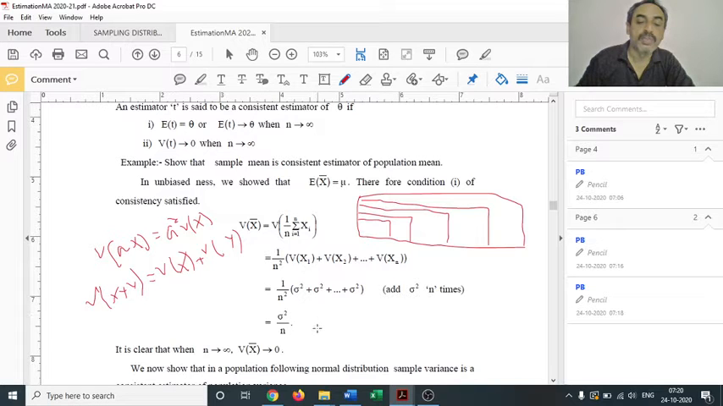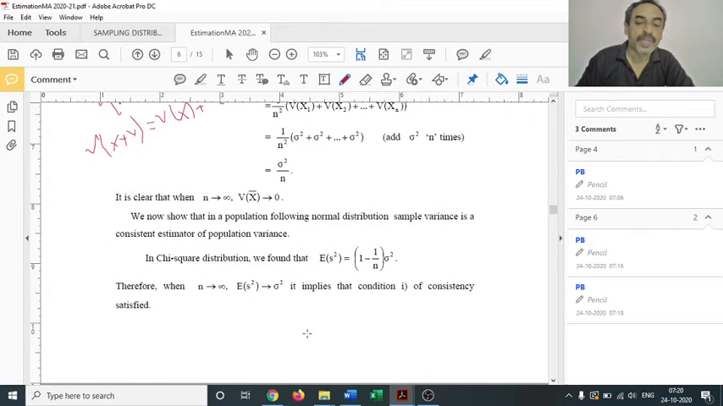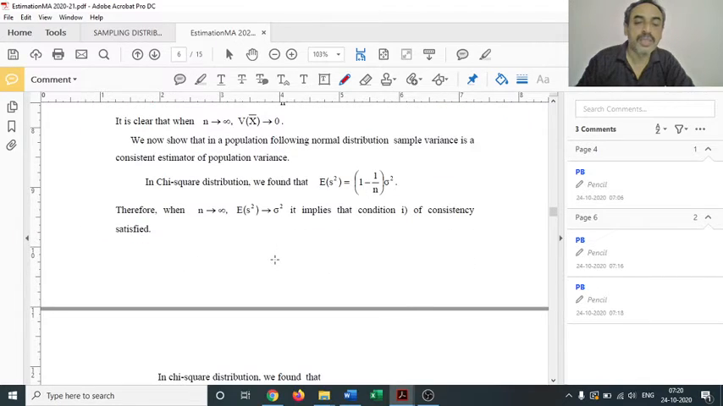Thus, x bar is an unbiased and consistent estimator of population mean. That is, sample mean possesses both properties of the best estimator. It has passed both the elimination rounds, so the sample mean is in for estimating population mean. So next we can see